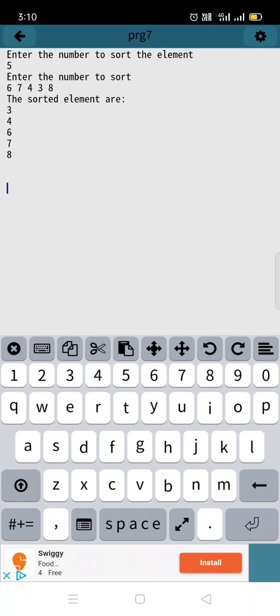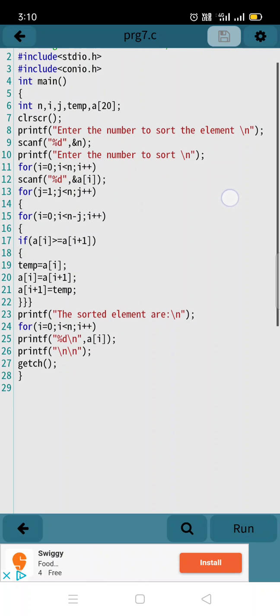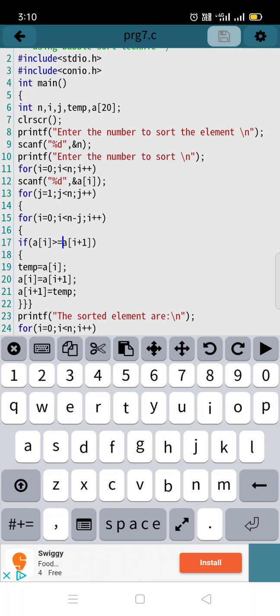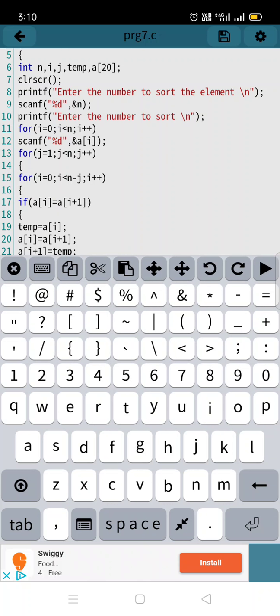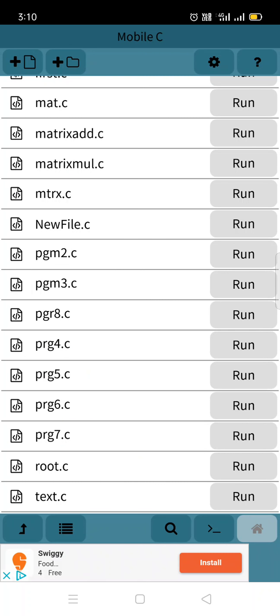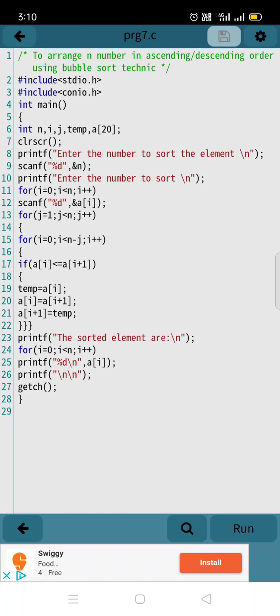Now I want to display the numbers in descending order. So what to do for that? We will go to the program, and in the condition we are going to change the sign from greater than to less than. We make the greater than sign a less than sign, and we'll save this program and run it.